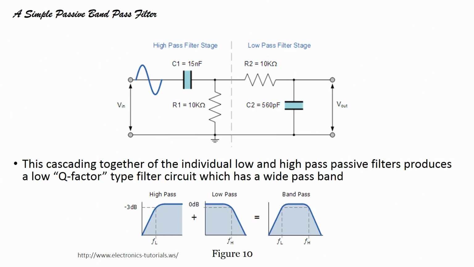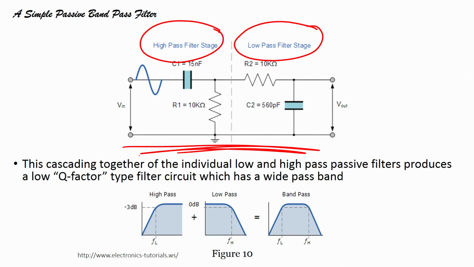A simple band pass filter, how can we design it? We can use a high pass filter stage and a low pass filter stage, and cascade both the stages. You see here we have a capacitor and a resistor, this is our high pass stage. I apply a signal to the capacitor, and you know how the high pass filter works. The output of the high pass filter is fed to the low pass filter, and in this particular case, the high pass filter has a band of frequencies that will pass above this FL.